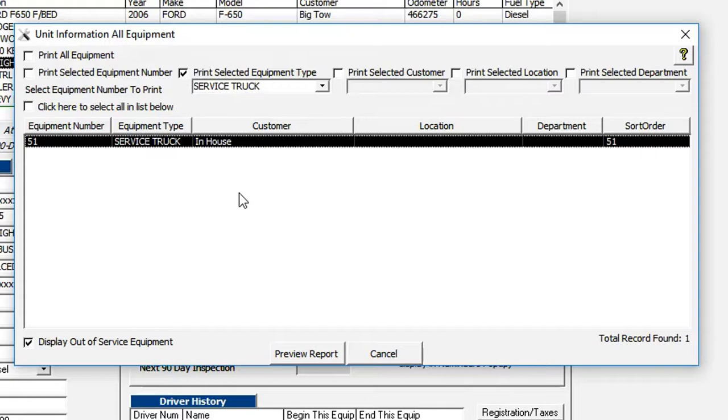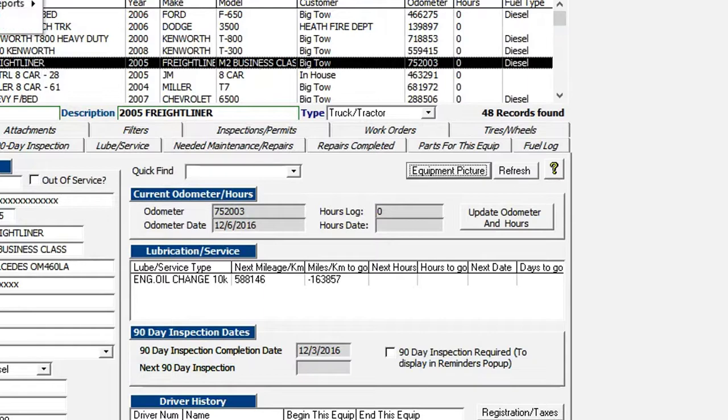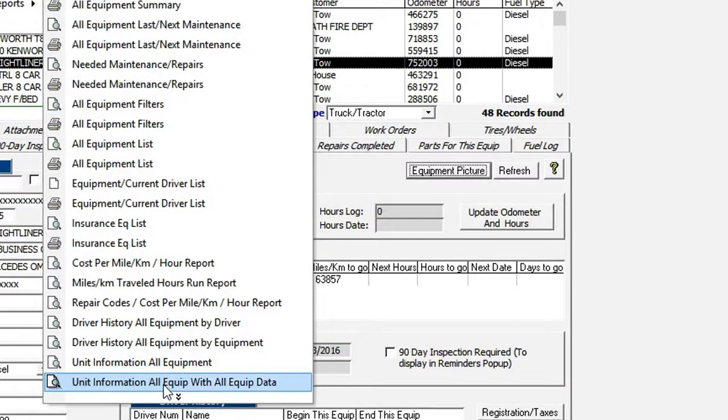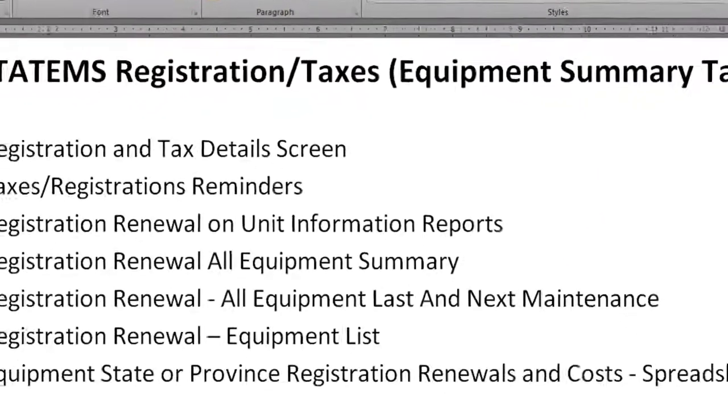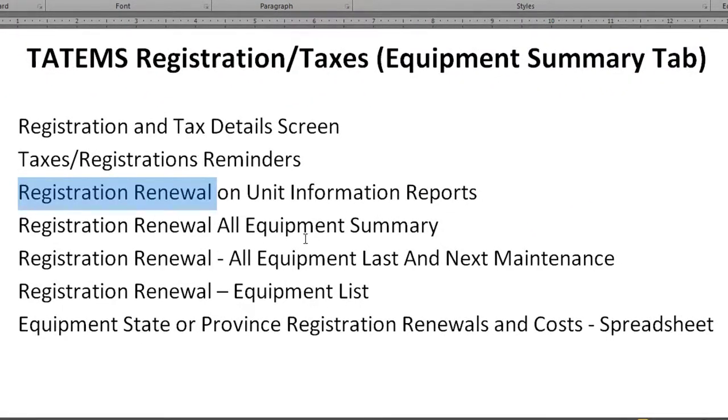And that's going to print out all of the unit information reports for each piece of equipment that's selected in the list here. And the same thing with the other one here called Unit Information Report, all equipment with all equipment data. It'll print out numerous pieces of equipment in your fleet with all of the data that has been entered for those pieces of equipment. So it'll go one after another for each piece of equipment and print out all of the inspections, lube services, work orders, repairs completed, and so forth. All right. So that is those, and then we're going to take a look at the